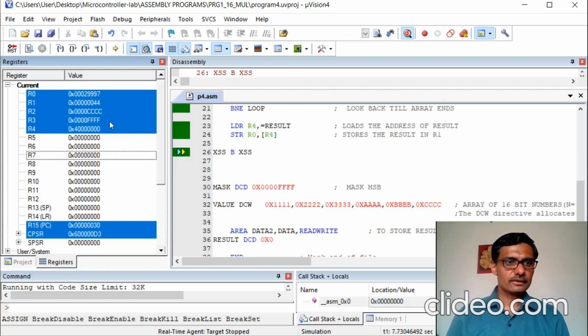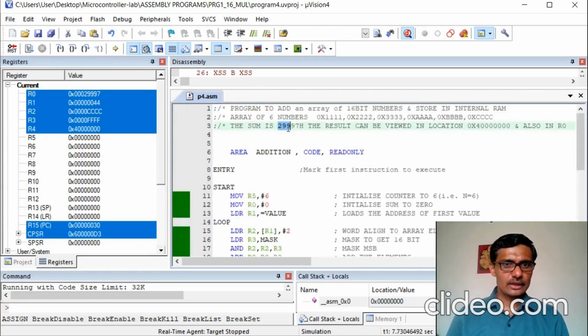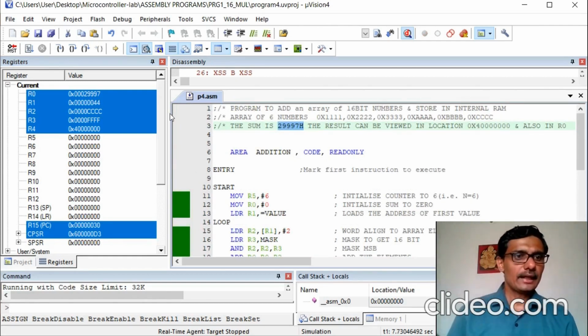After the execution, we can see the result is available in R0. As I mentioned, the result will be 29997H. It is available here, and all other register contents we can see.